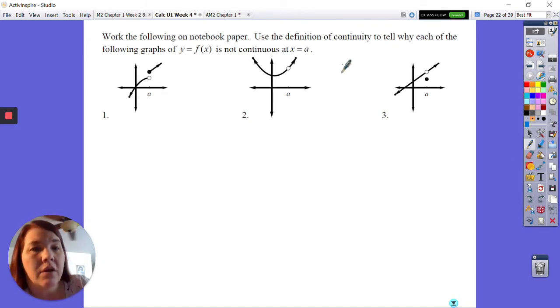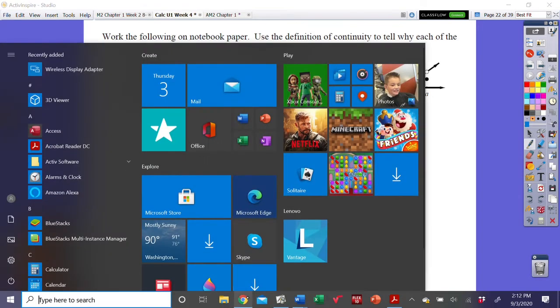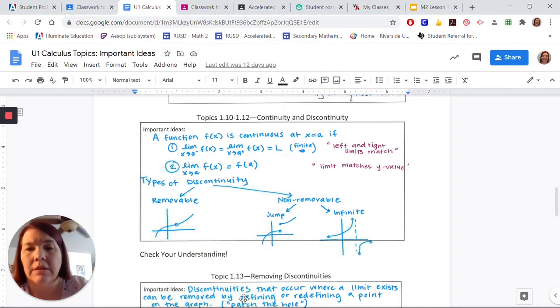Use the definition of continuity to tell why each of the following graphs is not continuous at A. So let's remind ourselves of the definition of continuity. The definition of continuity says these two things. It's continuous at A if the left and right hand limits are equal to each other and that is equal to a number. So it cannot be